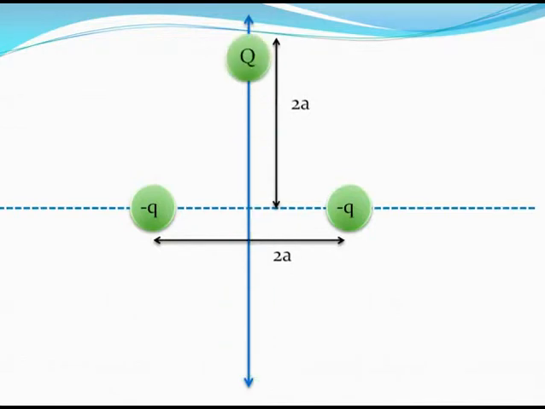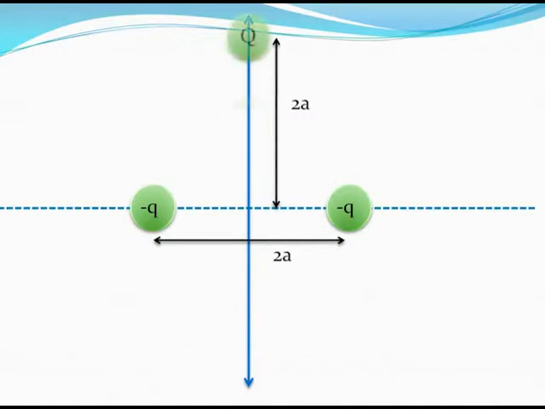As we just studied, the capital Q charge will clearly undergo oscillations, just as in the case that we just studied where the minus q charge was undergoing oscillations when placed on the y-axis of the plus q and plus q charges. In this case, the plus q and plus q charges have been replaced by the minus q and minus q charges, and a capital Q charge, which is positive, has been placed on the x-axis.